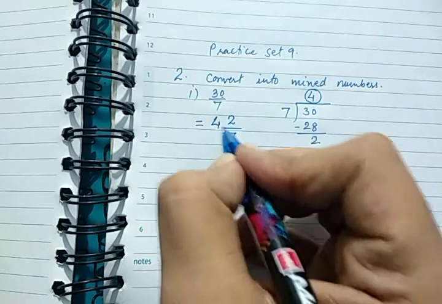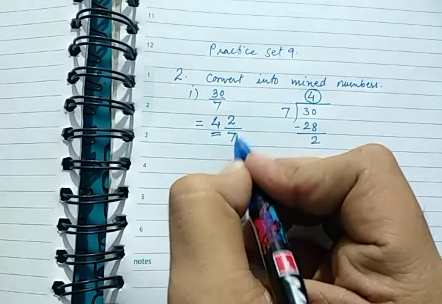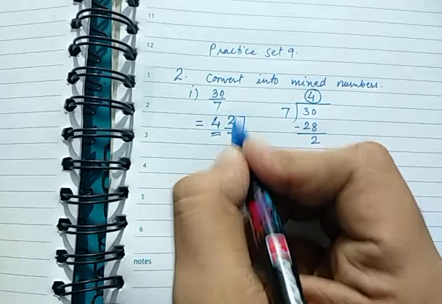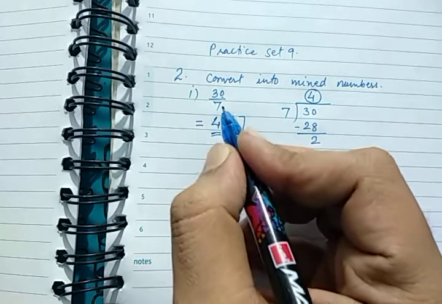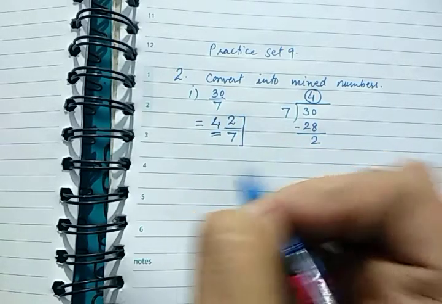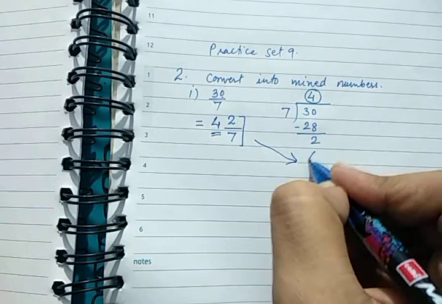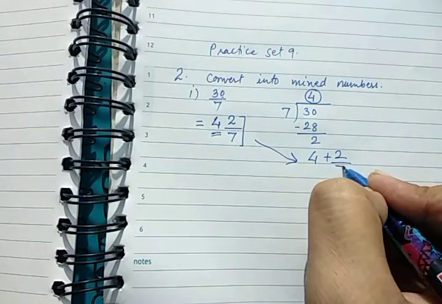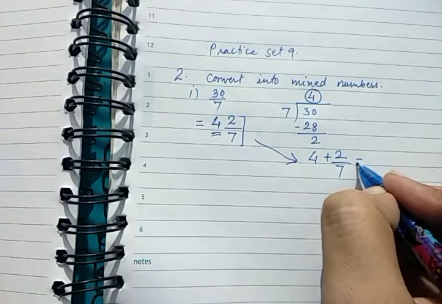So you can see here we have got a whole number and we have got a fraction also, 2 upon 7 together. So 4 is to 2 upon 7. That is why we call it a mixed number. You must remember that 4 is to 2 upon 7 means 4 plus 2 upon 7, isn't it? Which we have done in the previous class.